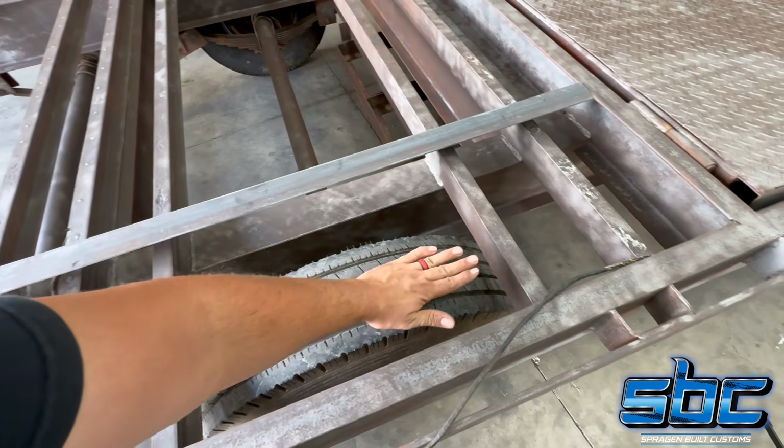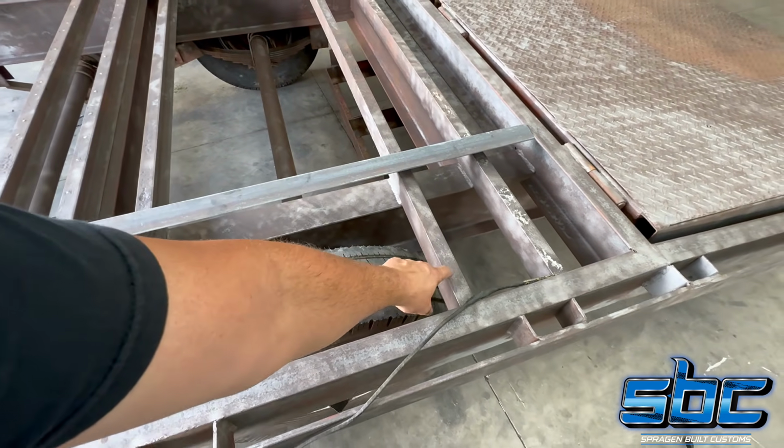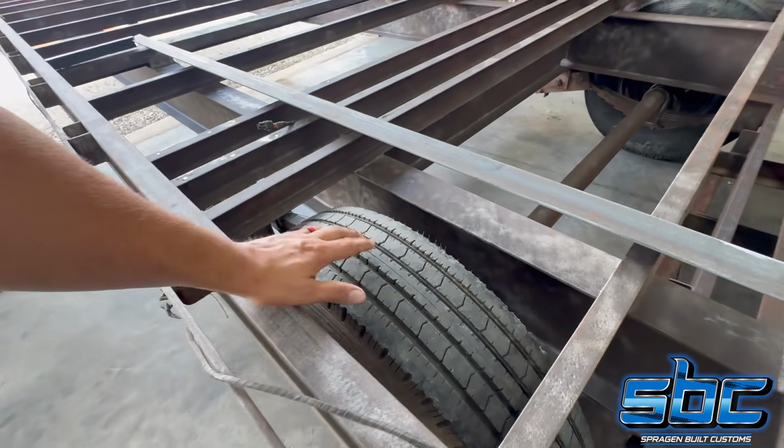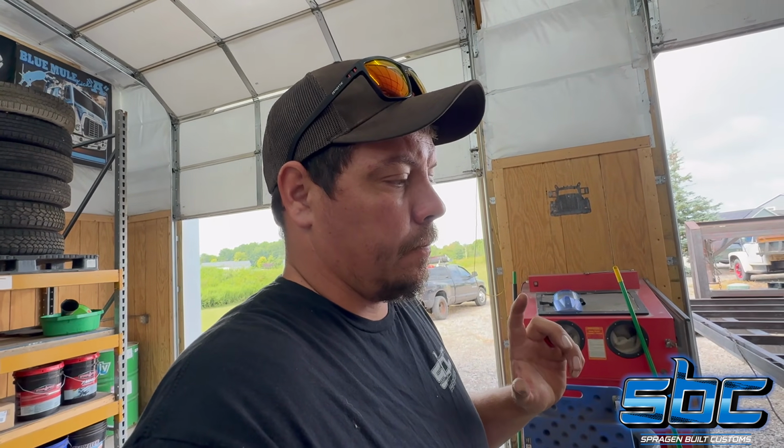Because otherwise the wood's going to sit on top of here. It may be rubbing that tire if there was wood on top of these. So that'll elevate stuff, so we'll have more clearance under those. So that's the plan. I'm going to get these welded up, and I'll probably go ahead and paint underneath the stuff well, and then I'll put the plates on and